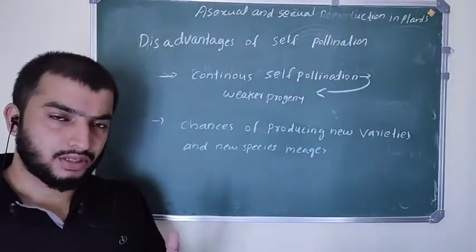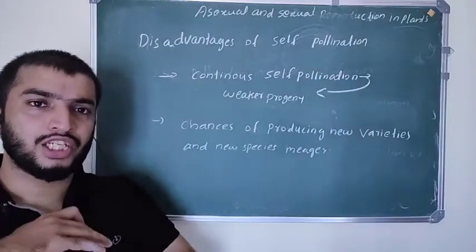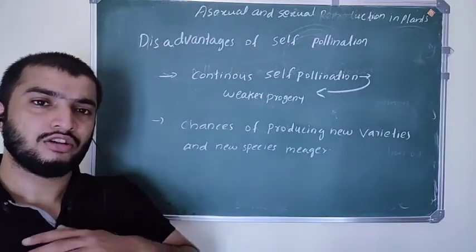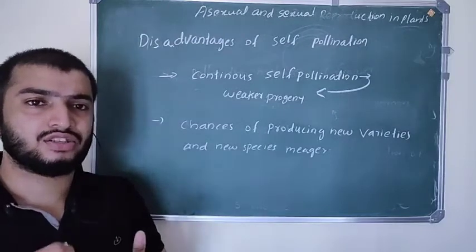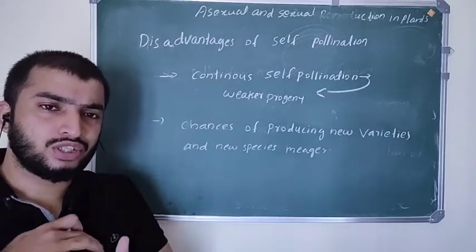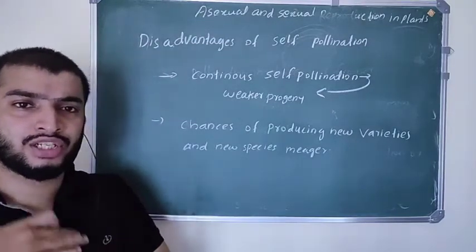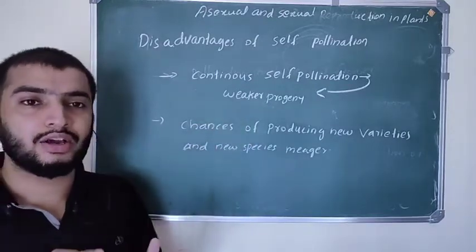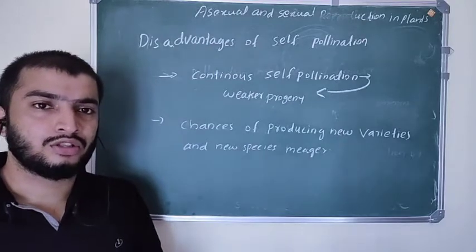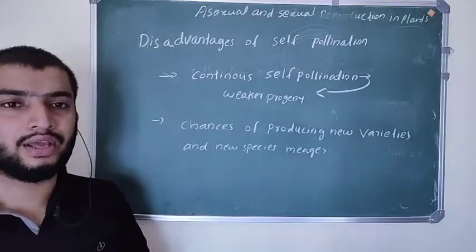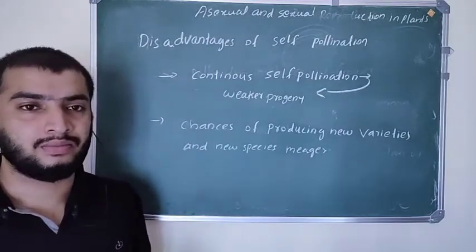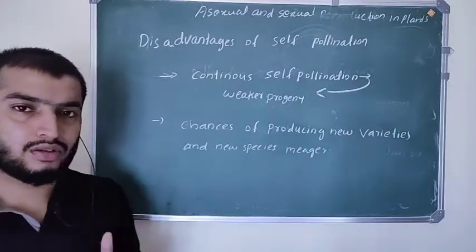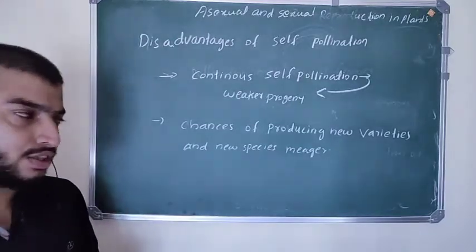Continuous self-pollination. So self-pollination, then the next generation also self-pollination, again the next generation self-pollination. This kind of continuous self-pollination in plants leads to the production of weaker progeny. Okay, so new characters are not acquired here, the progeny become weaker. Then the second disadvantage of self-pollination,